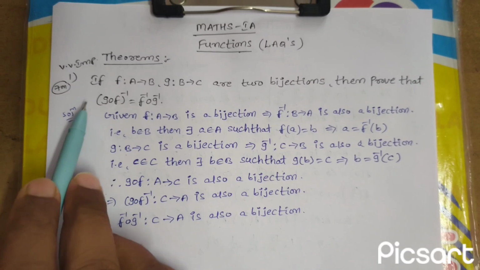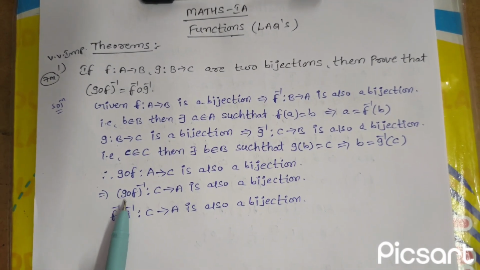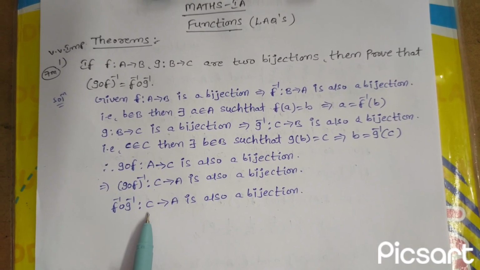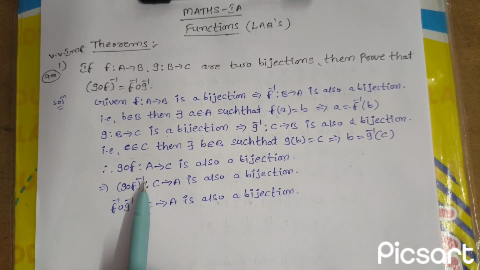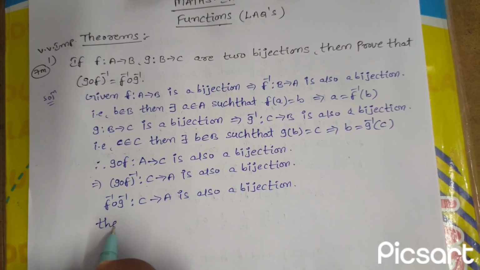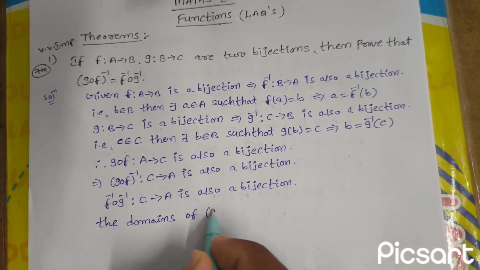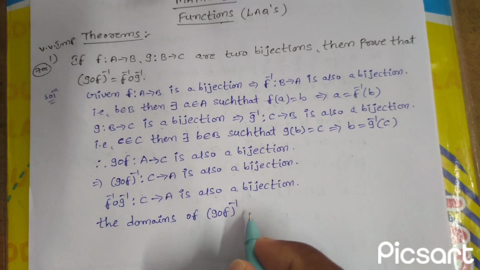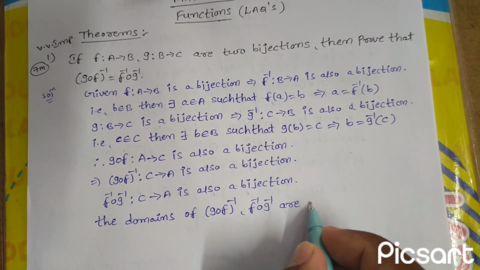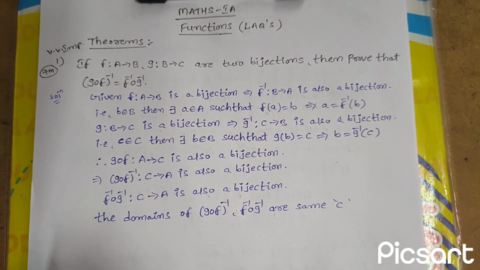Now observe the domain of (g circle f) whole inverse and also the domain of f inverse circle g inverse. Here the domain of (g circle f) whole inverse is C, and the domain of f inverse circle g inverse is also C. So the domains are the same, that is C. Same domain C. So here we can prove that